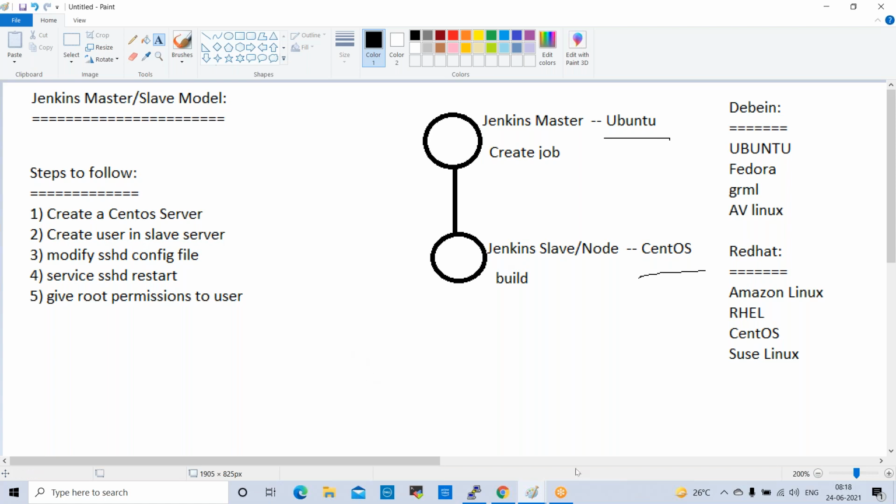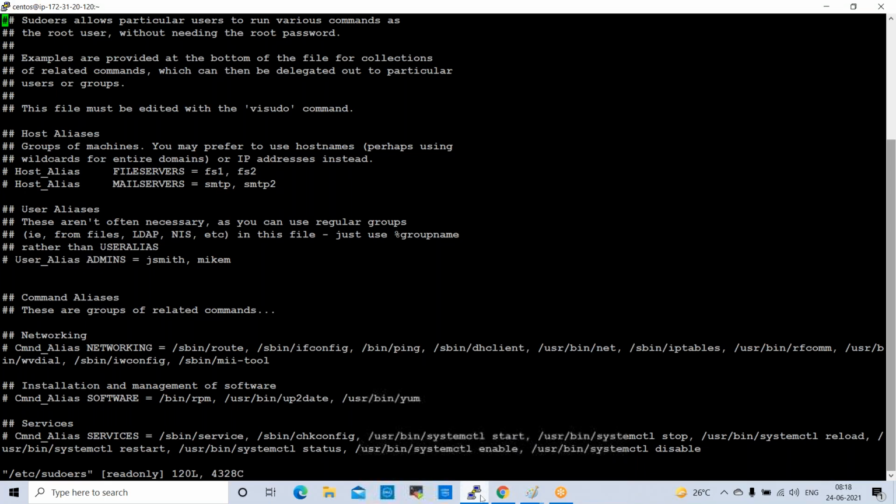Normally, when we log in to our EC2 instance with the default user, we are not giving any password. When you enable this, it will ask for a password. That password is required to integrate with the Jenkins master. That is why we have enabled it.